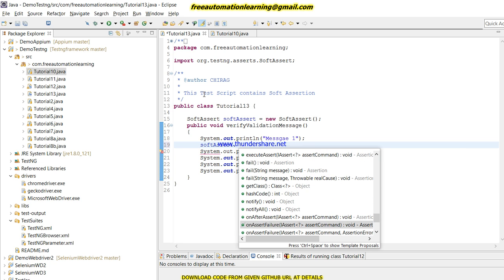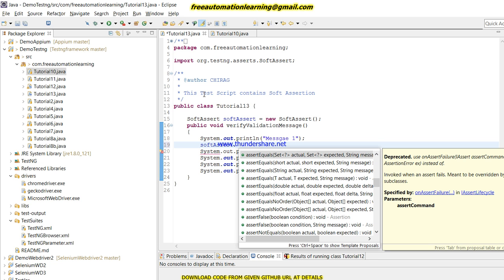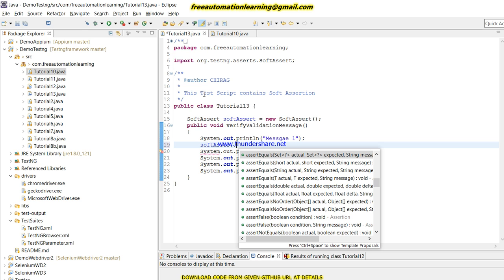The difference is that if this step fails, my test script would not terminate, right?